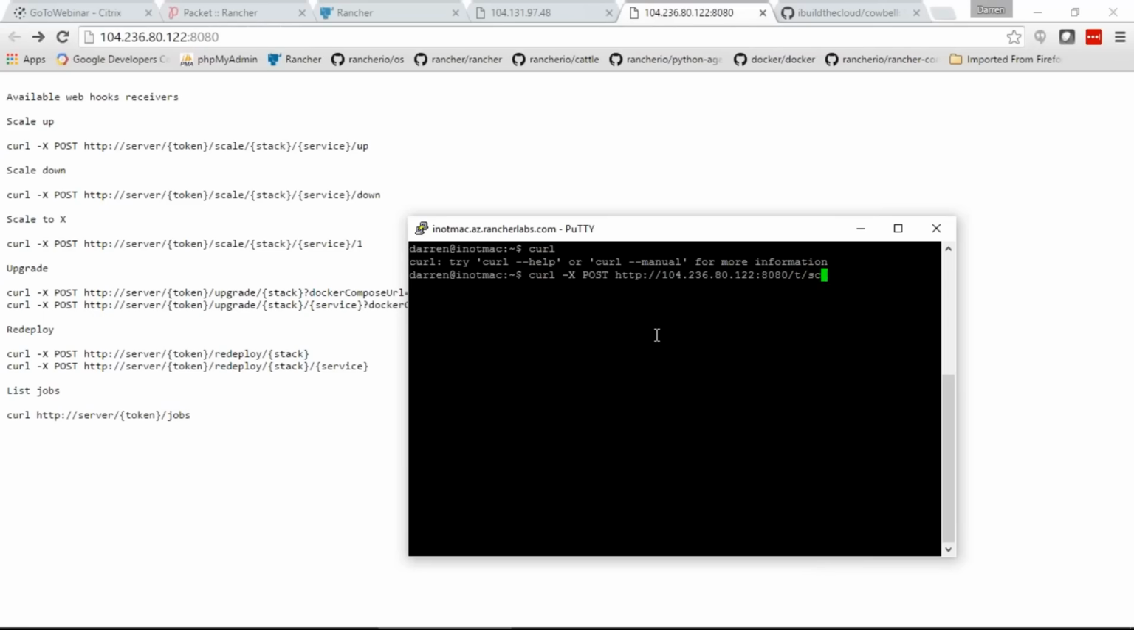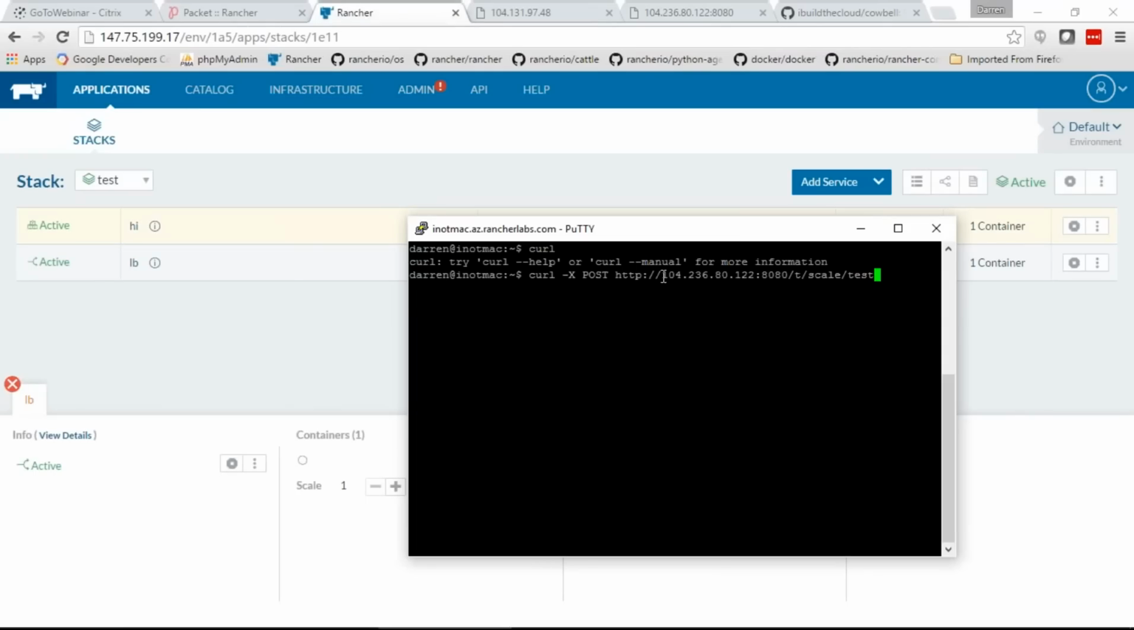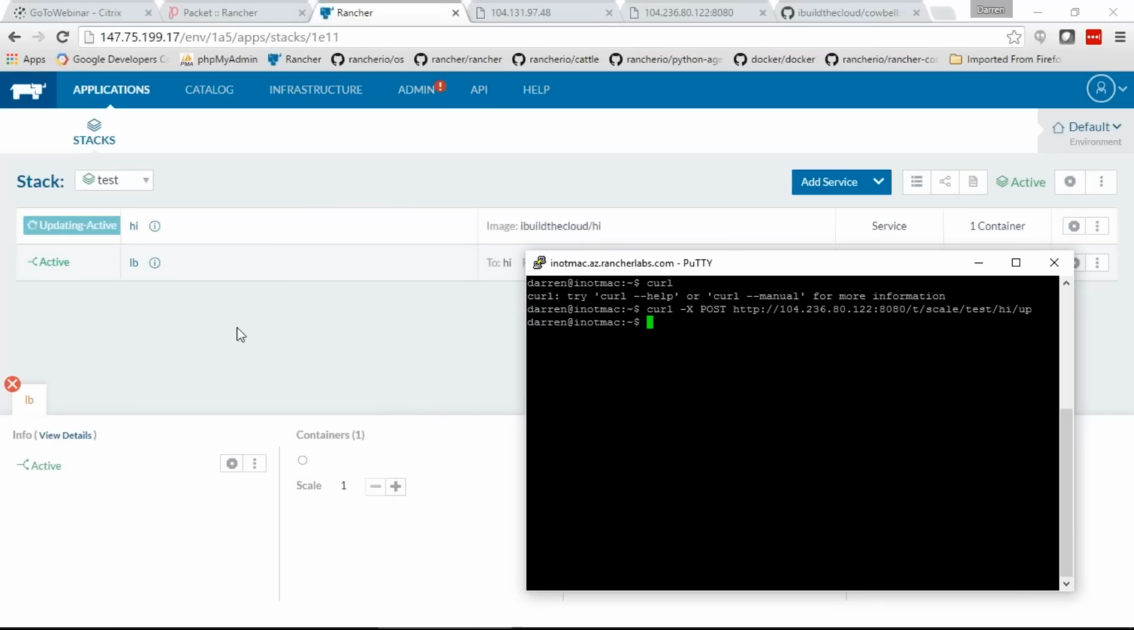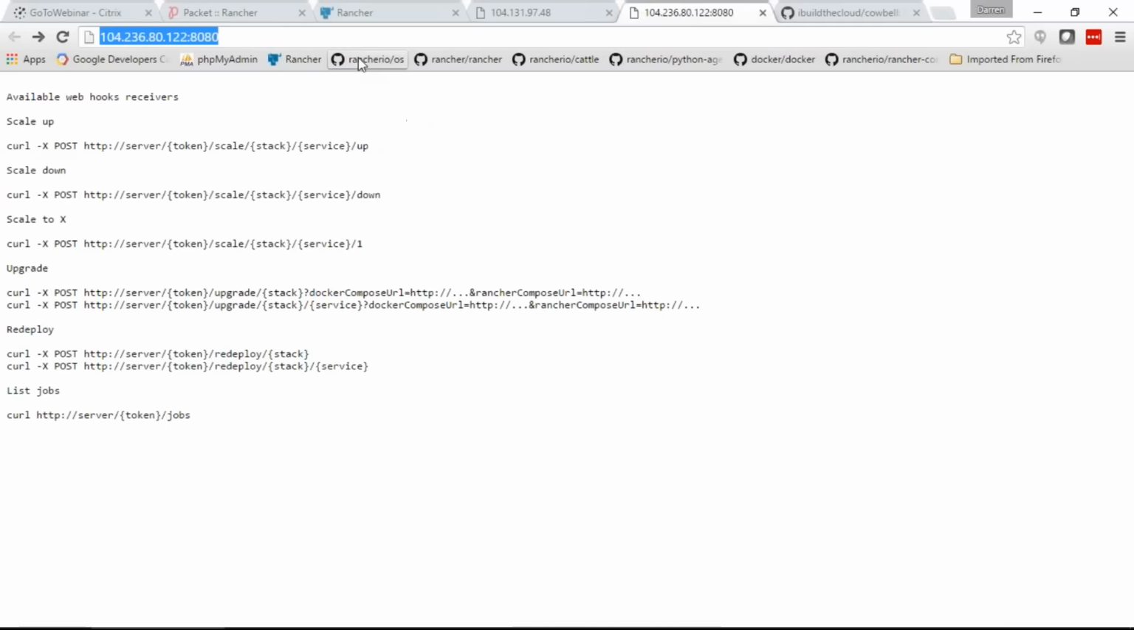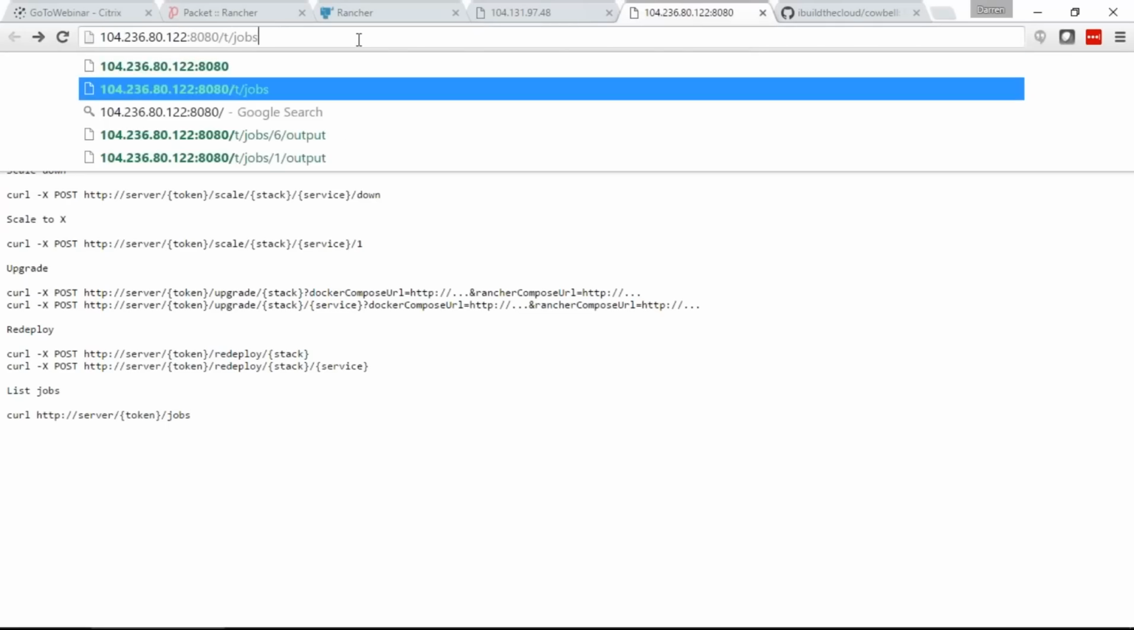Put in the token. We're going to say scale, and then you want to do stack and then service. The stack that I created, switch the tab over, was called test, and the service is Hi, and I'm just going to scale it up. When I hit this URL, it starts scaling up the service. If I go back to the jobs here, you can see here's this job, it's done,